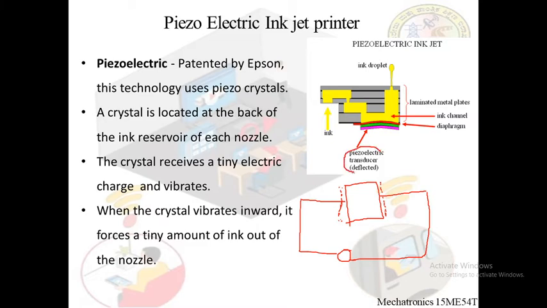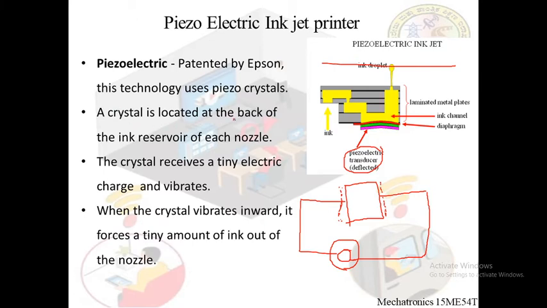Here we have the piezoelectric transducer. We would have got a thorough understanding of this piezoelectric transducer already from the first chapter itself. This piezoelectric transducer is connected to a diaphragm, which is the flexible element which pushes the ink out because of this piezoelectric effect. More the applied voltage, more is the pushing effect. Because of this push, the ink comes out of the nozzle at a certain velocity. It reaches the substrate or the paper.